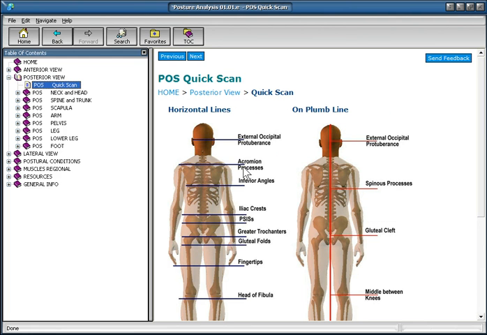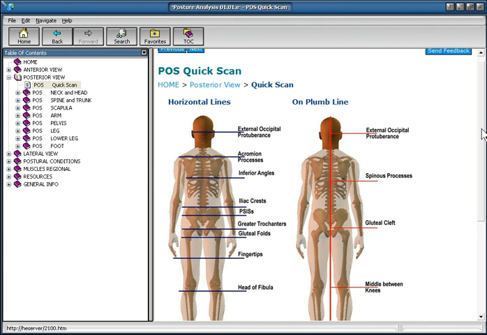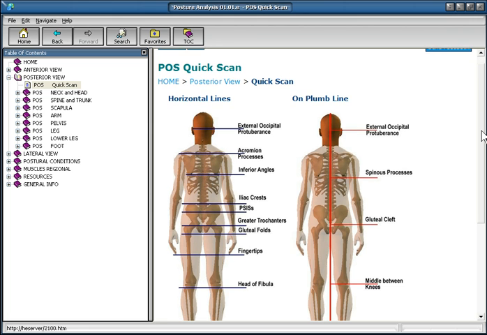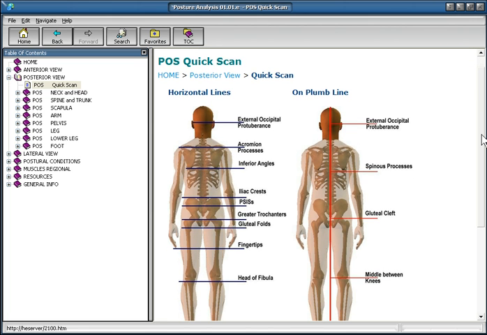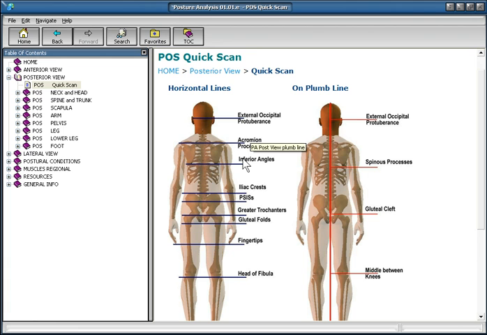So let's go for quick scan, and if I have a look at the quick scan, it gives me an overview over the more important landmarks in the horizontal plane and along the plumb line in the vertical plane that should be looked at in connection with postural deviation. So there's just a couple of brief examples to get an overview of what is happening here. But for our intents and purposes, this is probably not enough, and we've got to get into a bit more